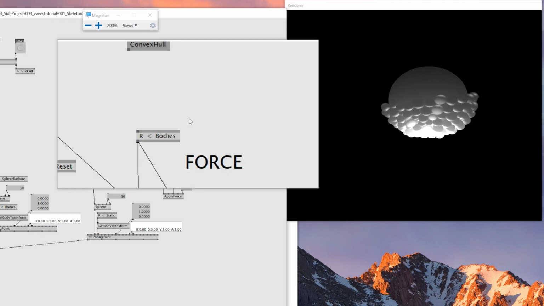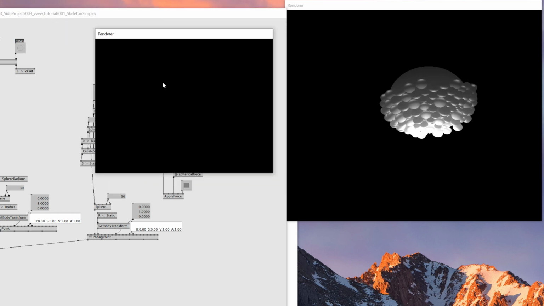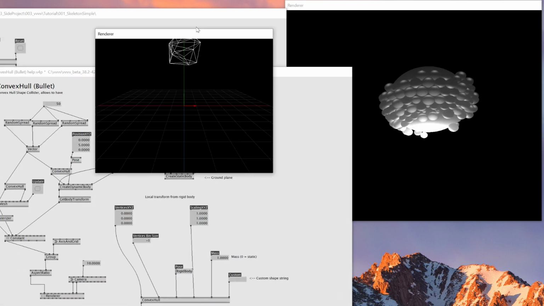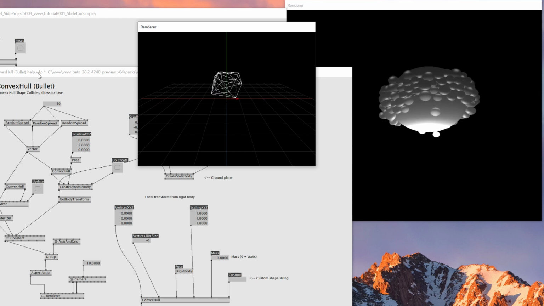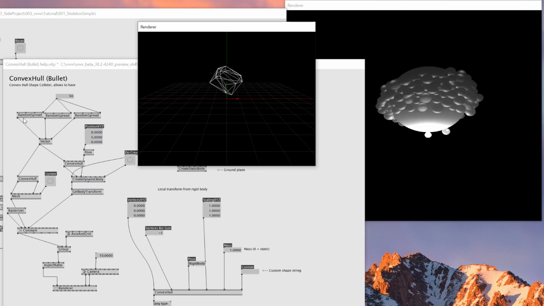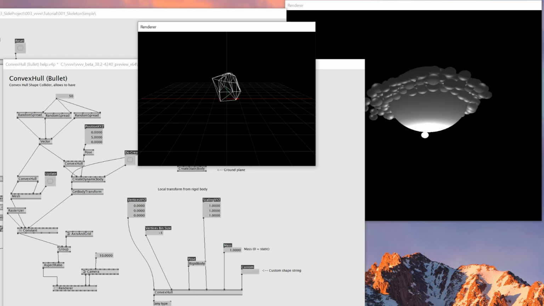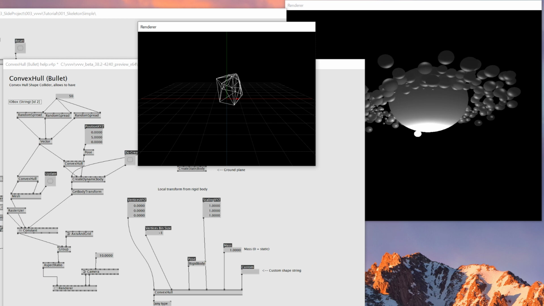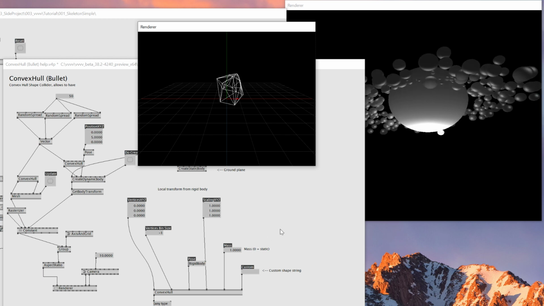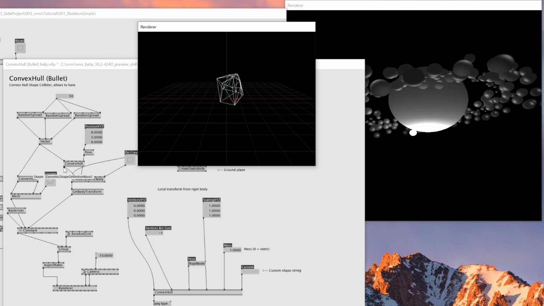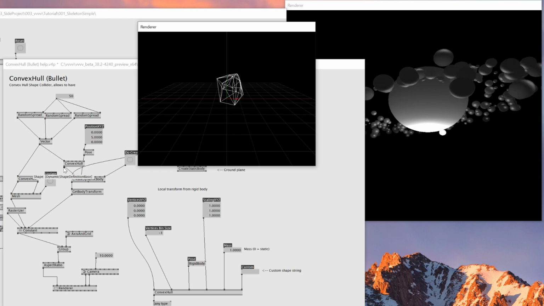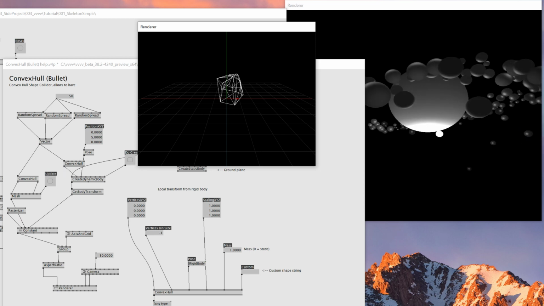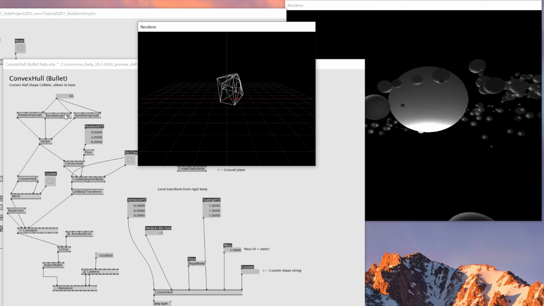And I'm not going to explain this one because I only have 1 minute left. But what it does is, in this patch there's this random spread, and what convexhull does, it only gets the outermost vertices and creates a mesh out of them. So by using this, for example, if you have a moving body and you know where all the joints are, just put those joint positions here, and then you should be able to get a character animated,